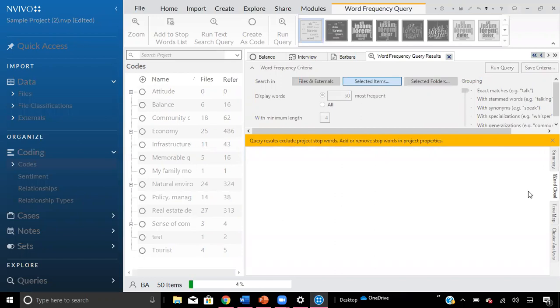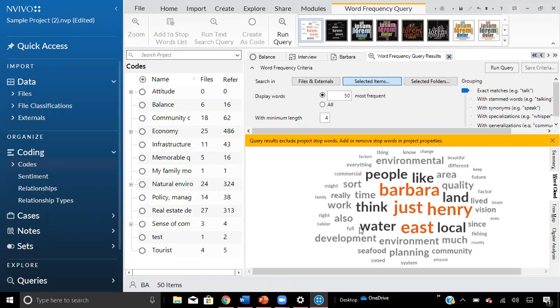Once it loads, you can see a data visual that will show you a word cloud where the size of each word is based on how often it was used. It'll give you a visual representation of the most frequently used words in your data. You can see at the taskbar at the bottom how much time you have left, and there you go. Here we can see the larger words are the words used most frequently, smaller words less so.